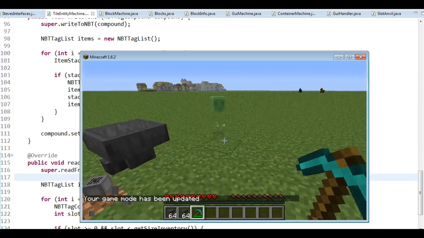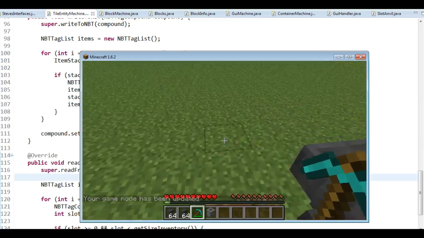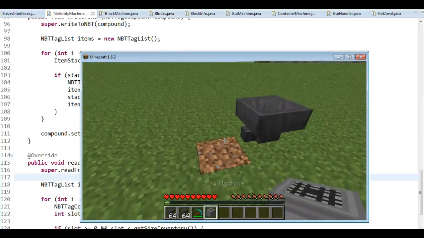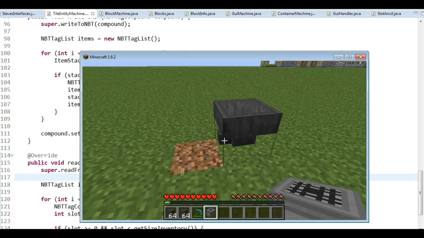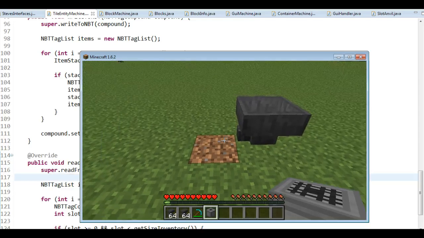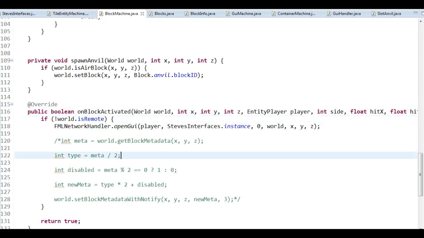If I break it, we didn't get any stacks at all. Why? Well, we haven't defined how it should drop things, so we just remove them and we didn't get them. So that's the next thing we need to fix, to tell it how to drop the content when we break it. So to do so, we want to head over to the block itself rather than the tile entity,